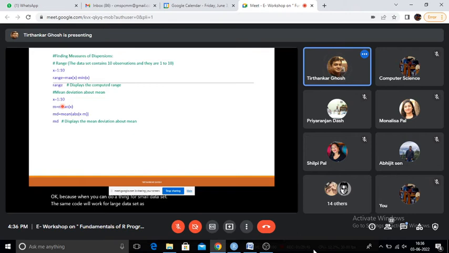If the data set is changed, there is nothing to change. Like here I have given 1 to 10, I can give 1 to 1 lakh even, it will do the same thing. So that is the beauty of using computers, because we use machines for doing things repeatedly and doing large volume of things. Otherwise we would not have thought of machines.